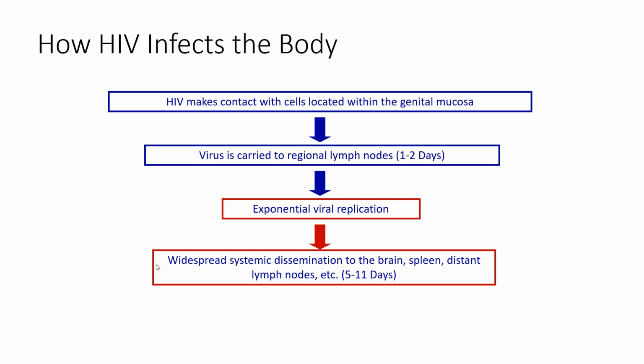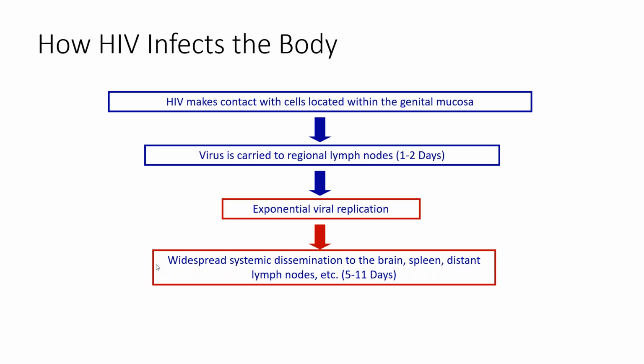It is within these lymph nodes, which are there in the pelvic area, that exponential viral replication happens in the initial period. And as you can see, within 5 to 11 days from the lymph node, widespread systemic dissemination happens via the bloodstream to the brain, spleen, all the distant lymph nodes, all organs within 5 to 11 days,